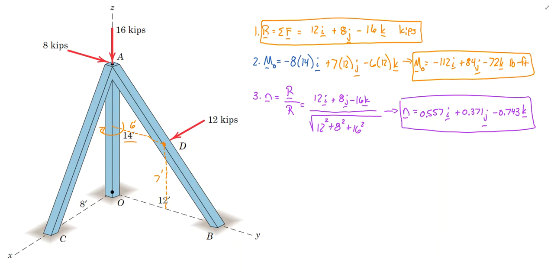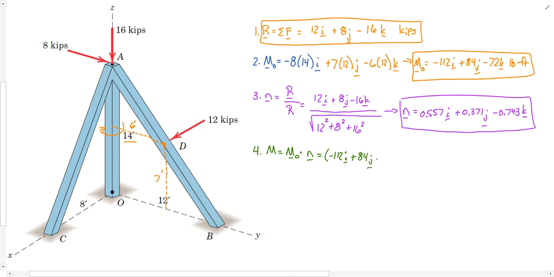Step 4, we can write the scalar version of the wrench moment. So M is equal to MO dotted with N. Remember, the wrench moment is the part of the moment around O that the resultant is incapable of producing. And so that would just be the amount of MO in the direction of N, which is easily found through a dot product. So this is minus 112 in the I, plus 84 in the J, minus 72 in the K, dotted with